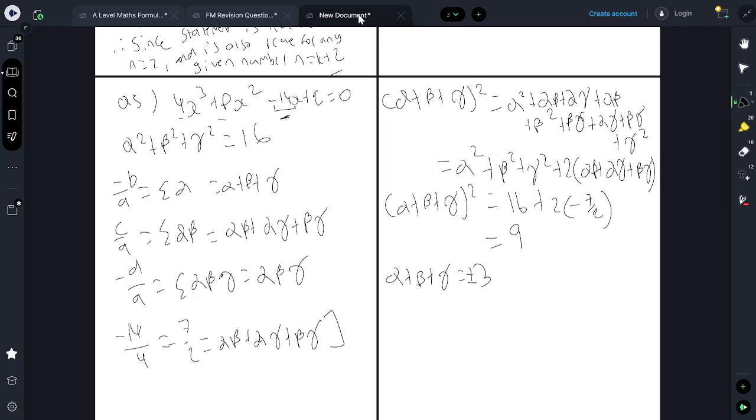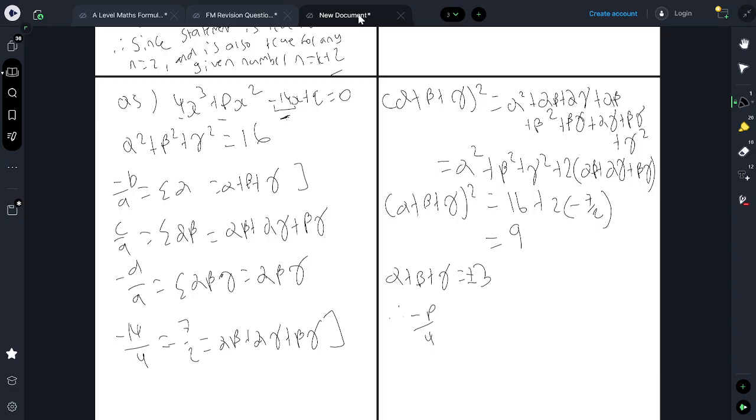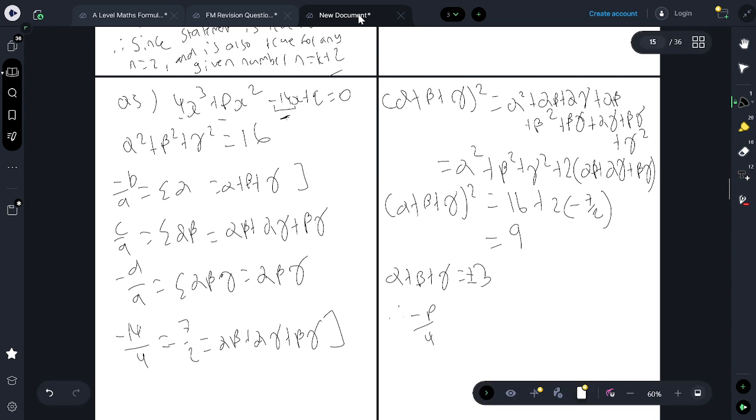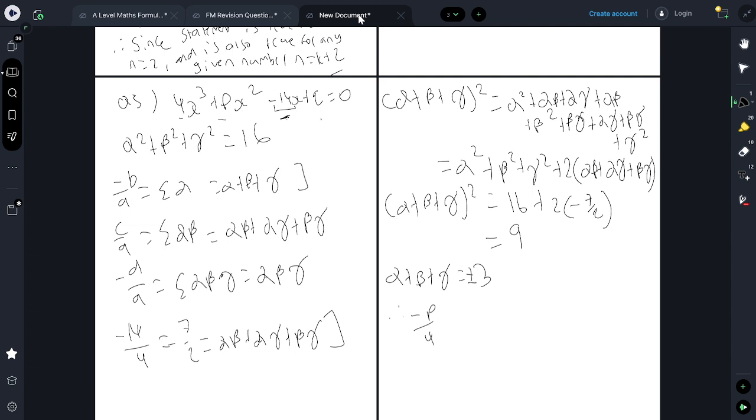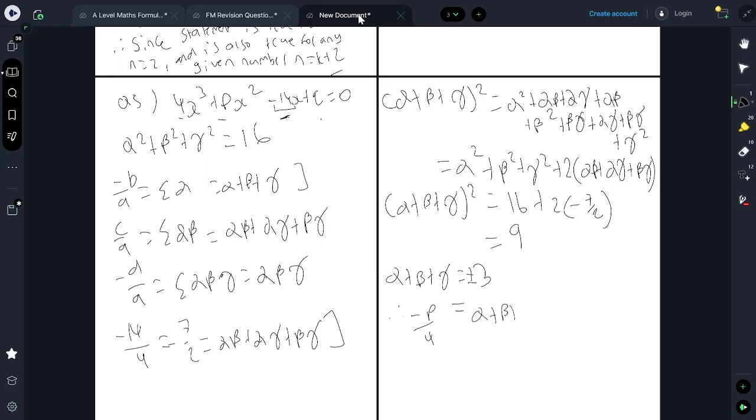Okay, so with that in mind, well, actually, isn't the sum minus b over a? So minus b over a is actually minus p over a. So minus p over 4. Also reminding that a, b, c, and d correspond to the coefficients on the polynomial. So minus p over 4, well, that's going to be the sum, right? So it's going to be alpha plus beta plus gamma, which is plus or minus 3. So we need to consider them separately. So either